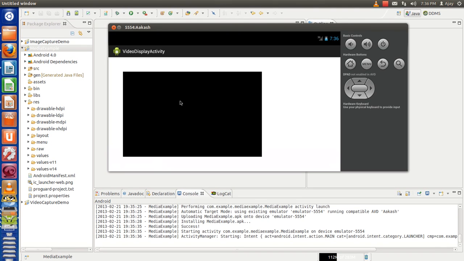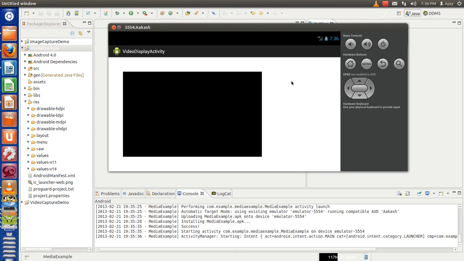Now you see that on the emulator, the video is not getting played. This is the issue with most videos, that they don't play on the emulator. So whenever you are dealing with video, you should always check with an actual device. The reason it is not playing is that video playback needs a lot of power, and the emulator is not able to give that much power.